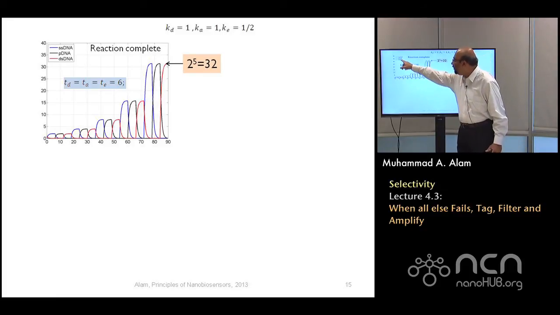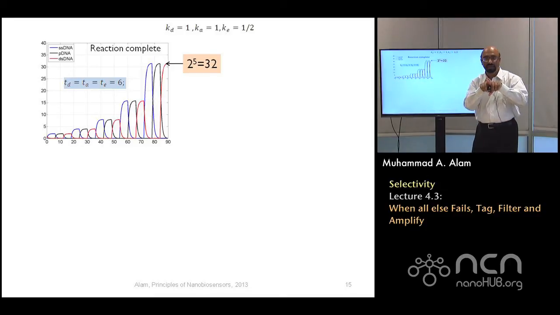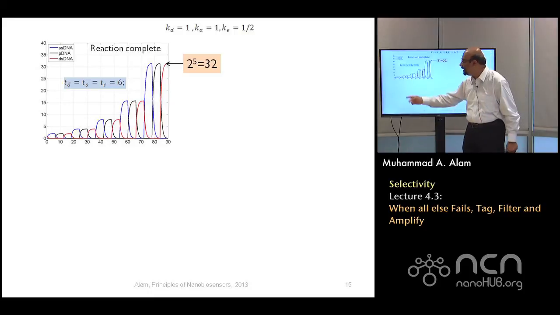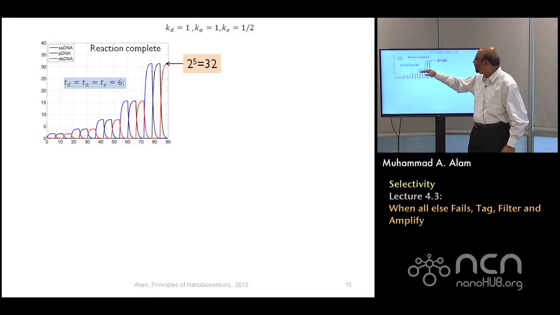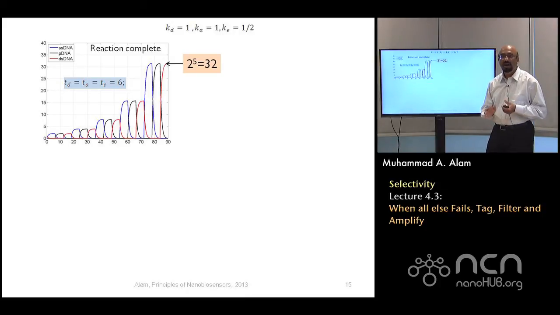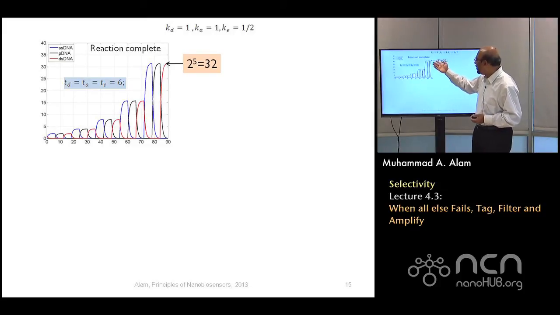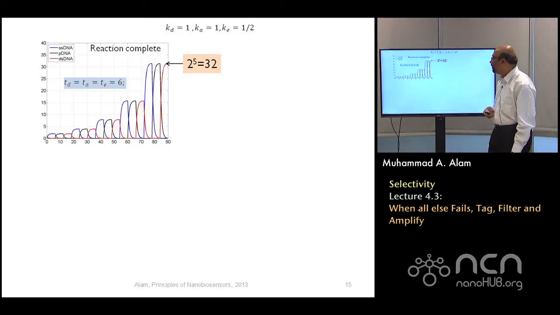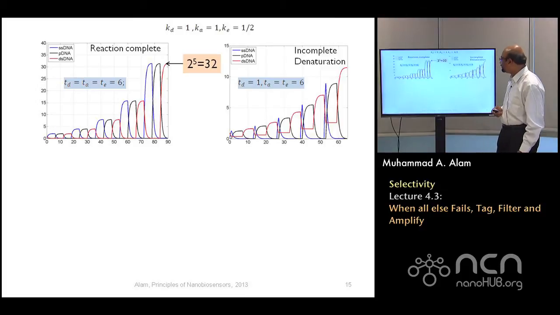And every time you can now sit down and follow the single-stranded DNA. The blue curve essentially starts at 0 at time t equals 0. But after the very first cycle, you have 2, because from the double-stranded DNA, you got 2 single-stranded DNA. That is the blue curve. And you can follow the curve and see that the single and double-stranded DNAs are alternating with each other as they go through this cycle. And you can see that therefore you can have significant gain. Even after 5 cycles, you have 32 copies now available for the double-stranded DNA.